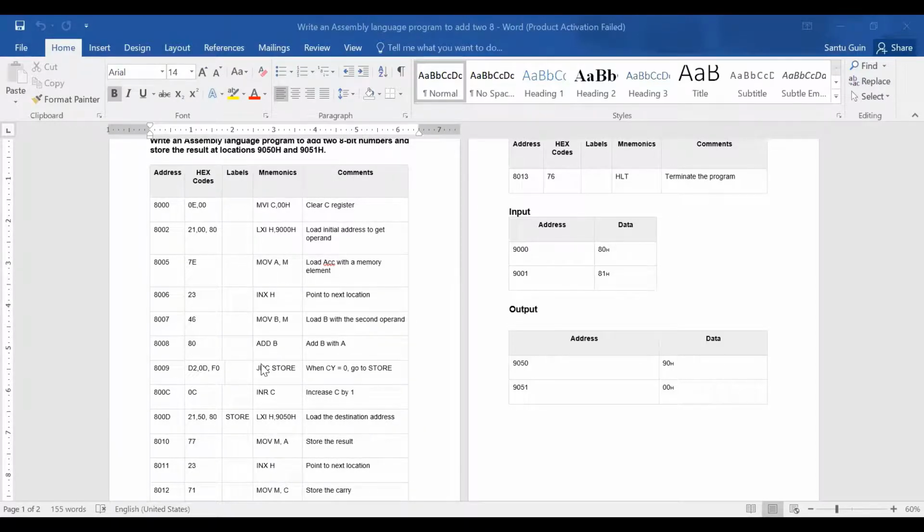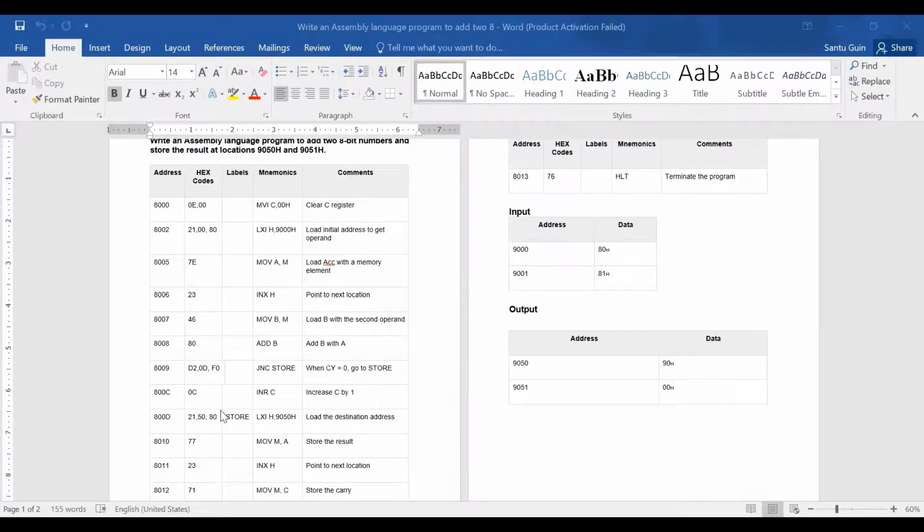And if there is a carry, then it performs this instruction, then this instruction, then this instruction, sequentially, one by one. So either you skip these instructions and go this way, or you go sequentially. It creates a branch here: either you go here, or you go in this way. If there is no carry, I don't need to store anything else.